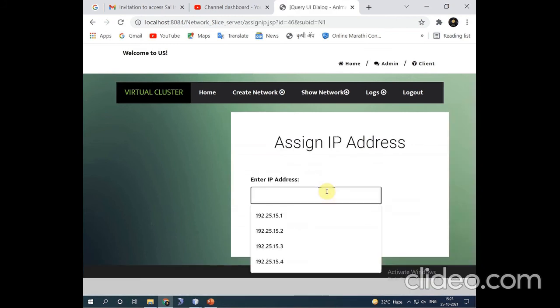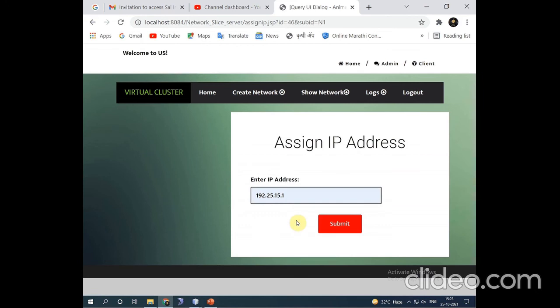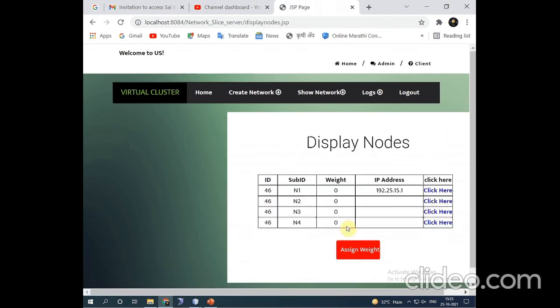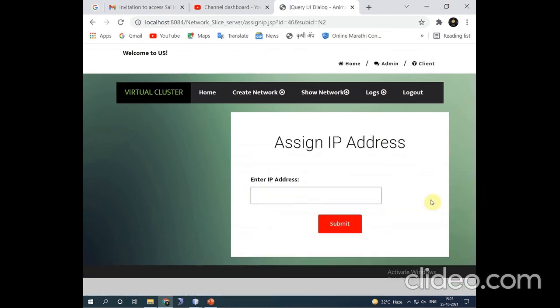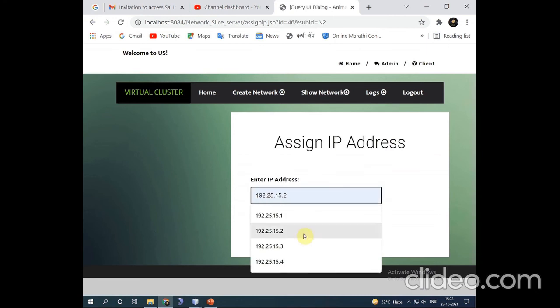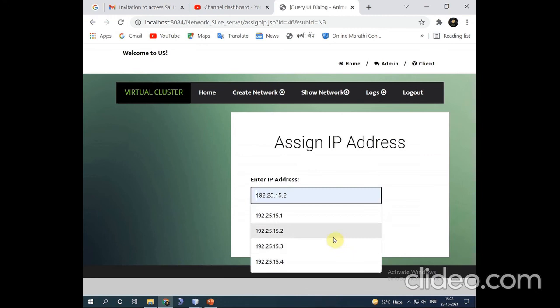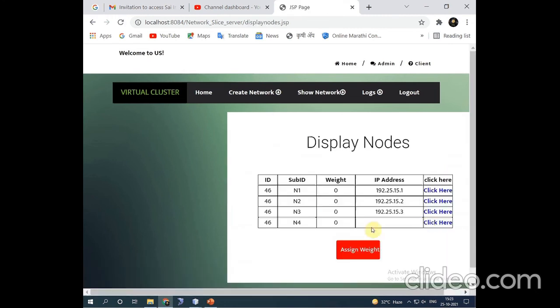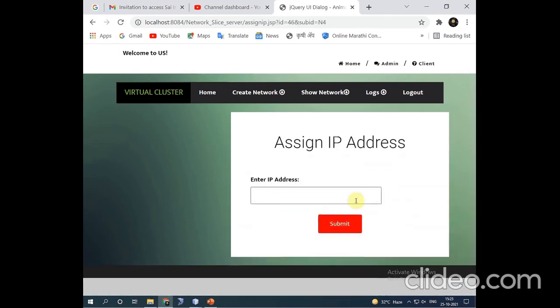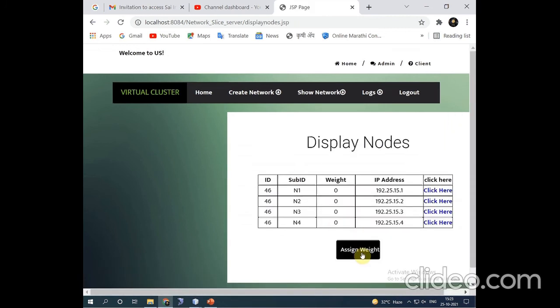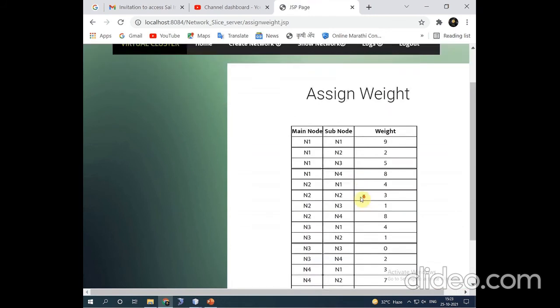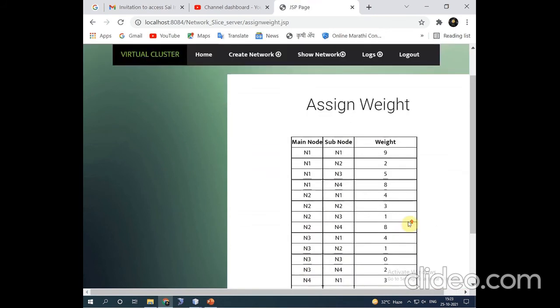If we give IP address as 1.92, give IP address to each node. After that it will assign a weight for each node.